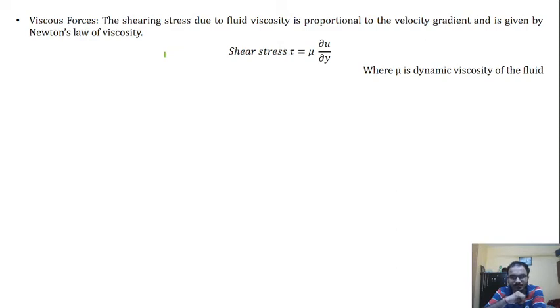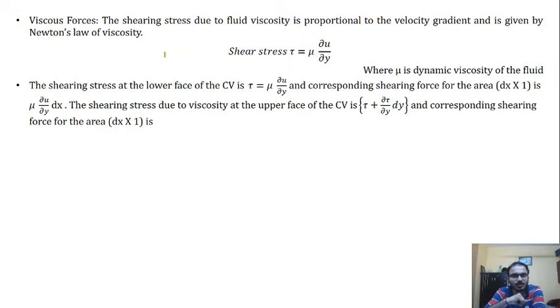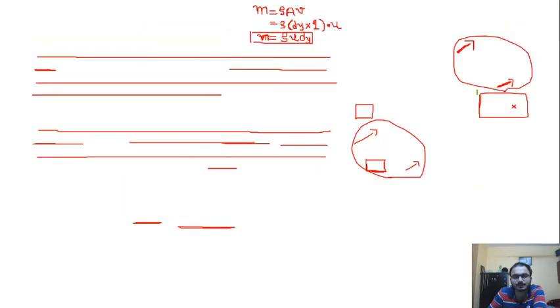Where mu is dynamic viscosity of fluid. Now the shear stress at lower face CD is given by this formula, that is our standard equation, tau is equal to mu del u over del y, and the corresponding shear force area is given by dx into 1. Now if we go back into the figure,